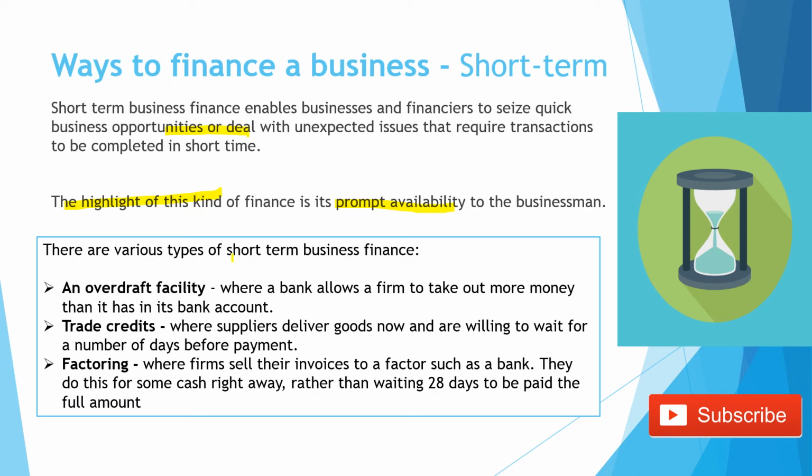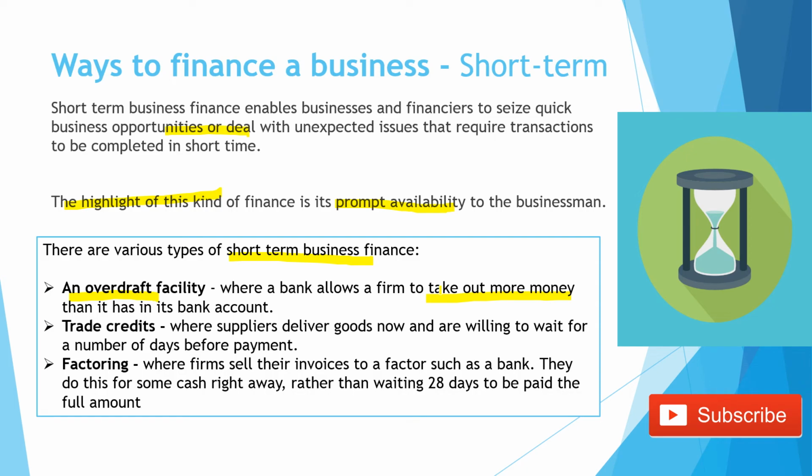So there are various types of short-term business finance. Number one is an overdraft facility. This is where a bank allows a firm to take out more money than it has in its bank account. I'm sure if you're over 18, you'll have a personal overdraft limit. Mine's 300 something. Everybody will have a personal overdraft limit, and it is also the same for the business. So a business will also have an overdraft limit,